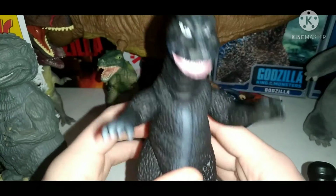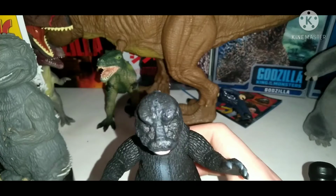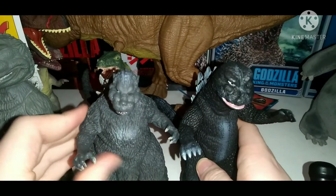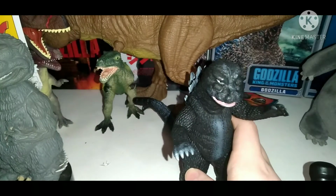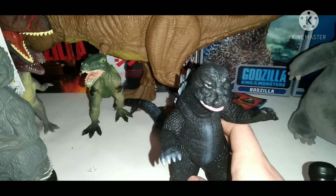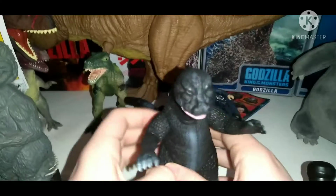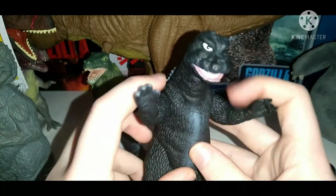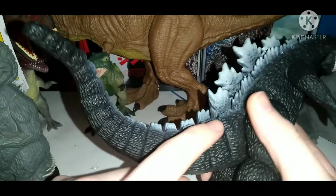It's got a white stripe on it, very similar to some of the other works. Like, for example, this 1954 Godzilla with all the white spots, or some of the Bandai vinyls for 54 from Japan, and probably some of the Memorial Box figures. I don't think the 70s Godzilla has that though. But to start with articulation,